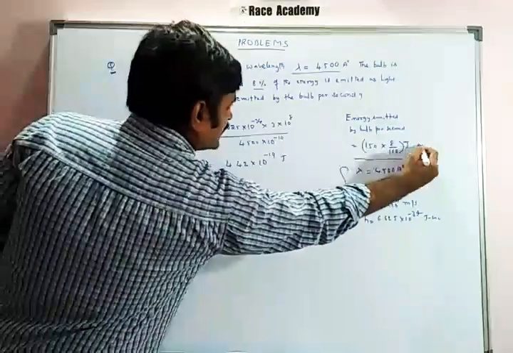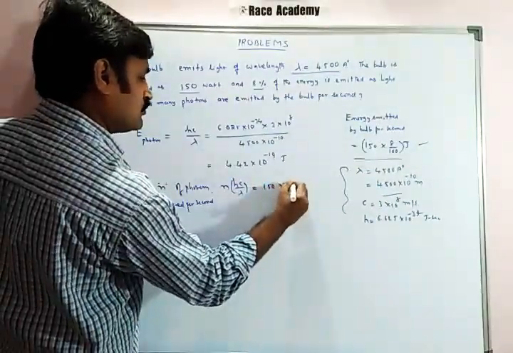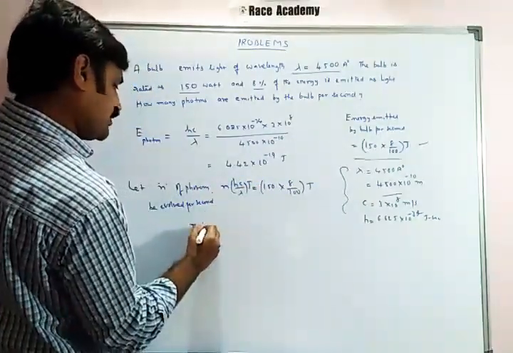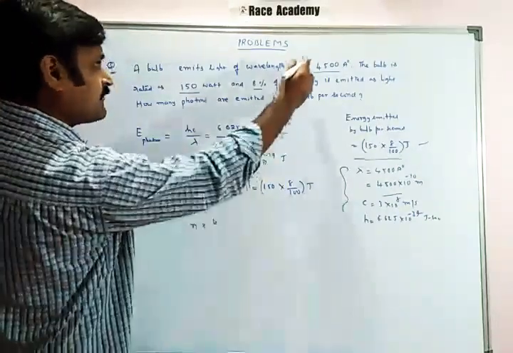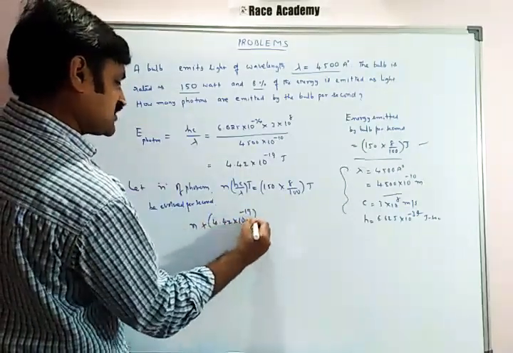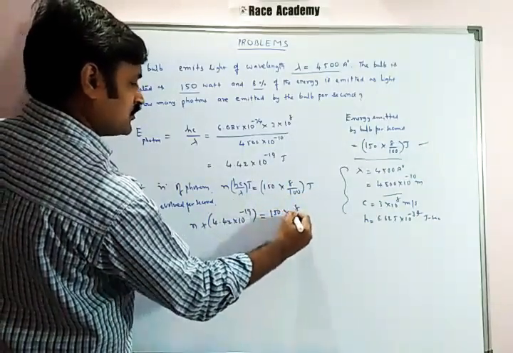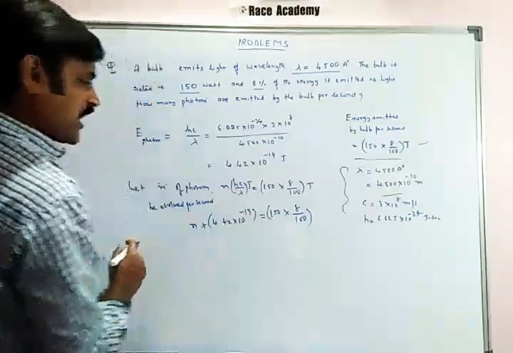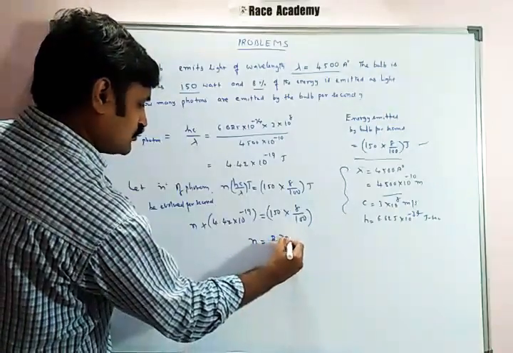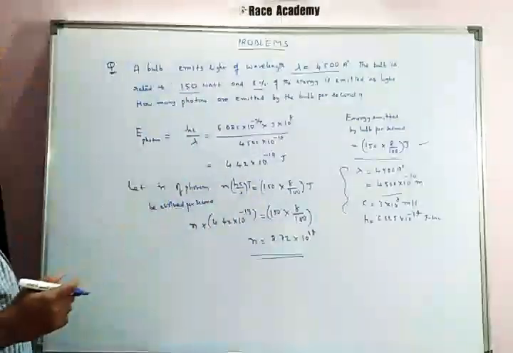So if you consider n is the number of photons evolved per second, then per second what is the value we have already been given? We have to equate that one with this one. That is 150 into 8 by 100 joules, so this is also in joules. So n into the calculated value with this lambda, 4.42 into 10 to the power of minus 19 joules, is equal to 150 into 8 by 100. Upon simplification, I have got this n value which equals 2.72 into 10 to the power of 18. Okay, you can check the calculation also.